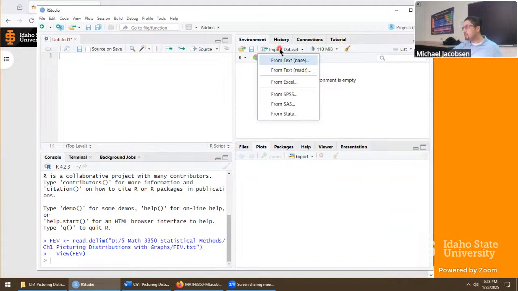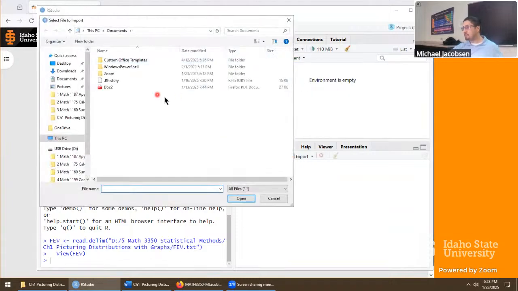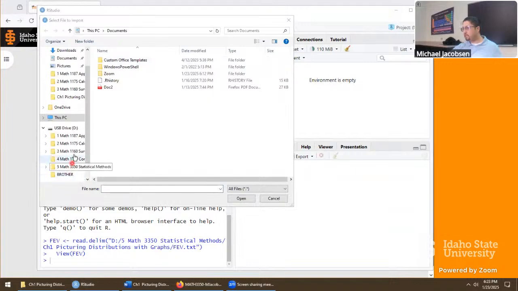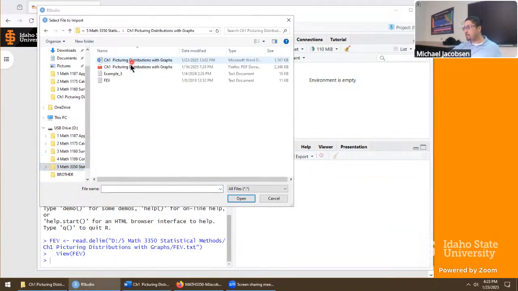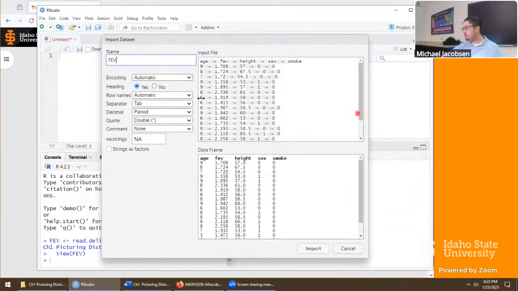So click import data set from text. Pick the file we need, 3350 is where I've got it. And this is what it looks like from my screen. So instead of the values in bold, do you have something like V1, V2, V3 in that location, Hayes? Or is it looking more about like this? It is the same? Oh, gotcha.